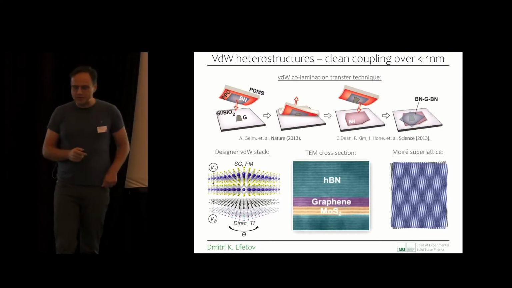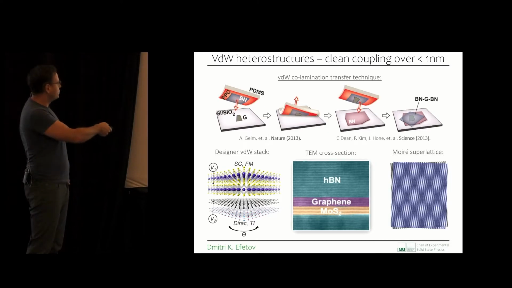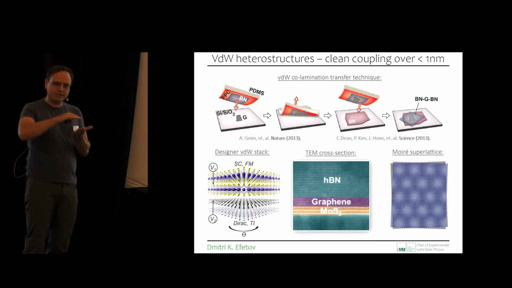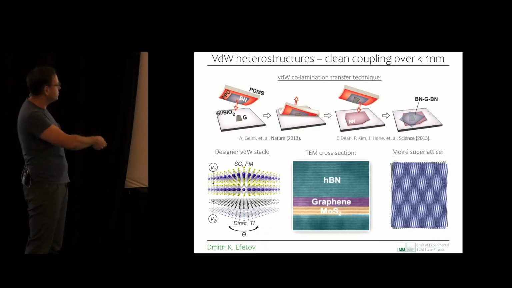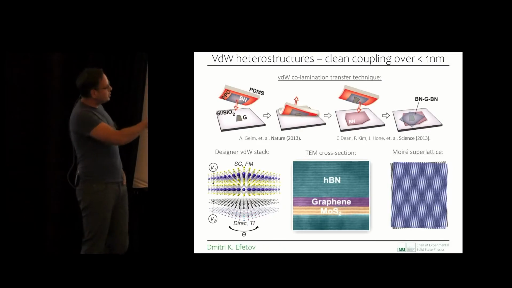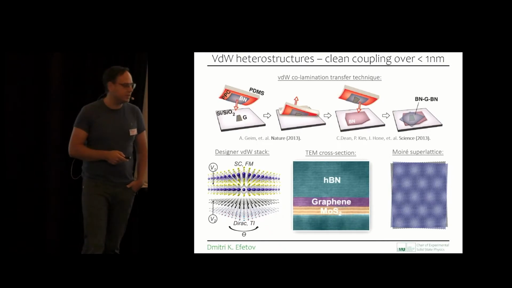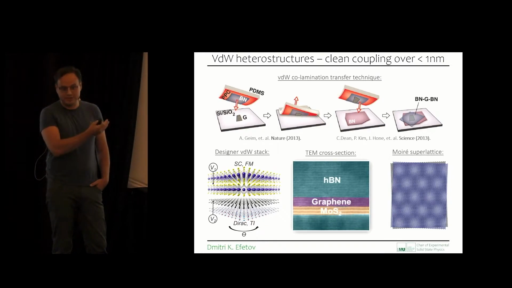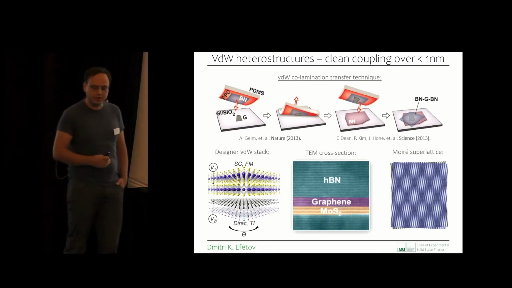And really what this allowed us to do is to have extreme control of the sort of material species which we can create. So these hybrid materials and heterostructures that we can assemble: superconductors, ferromagnets, Dirac materials, topological insulators, and so on, one on top of another. And while conceptually this seemed very easy at the time, the biggest surprise really is that the interface quality of these materials was extremely good. If we look at a cross-section of a stack like that, the interfaces are not always clean, but we always find regions which are extremely clean and atomically sharp.